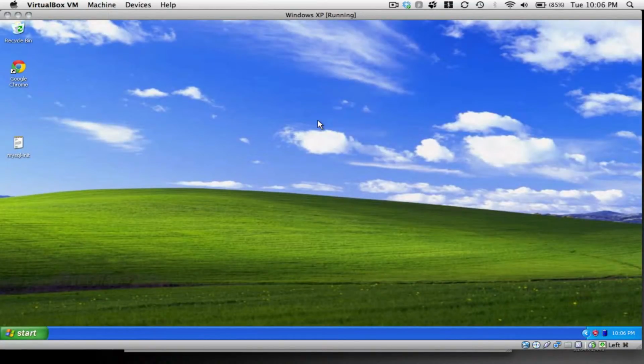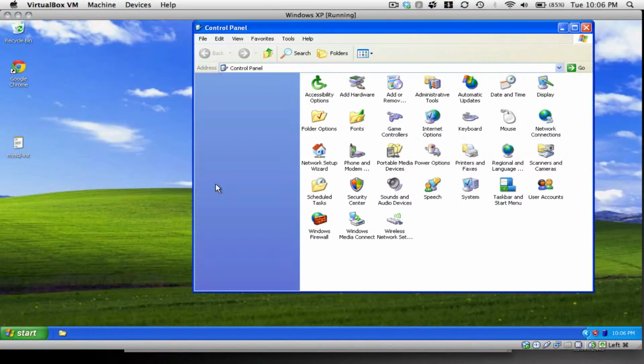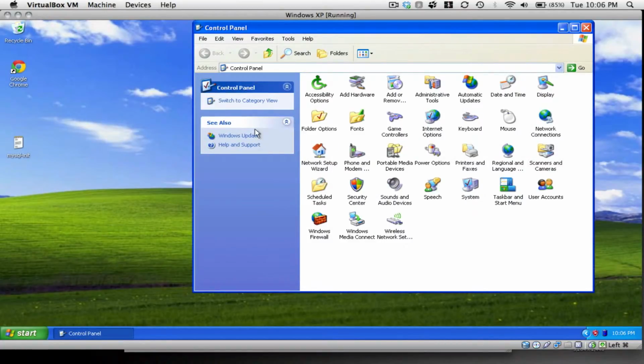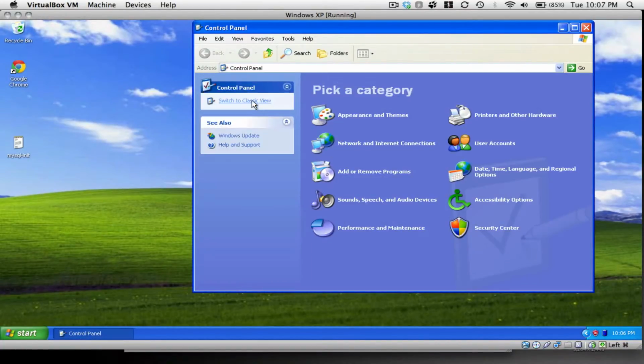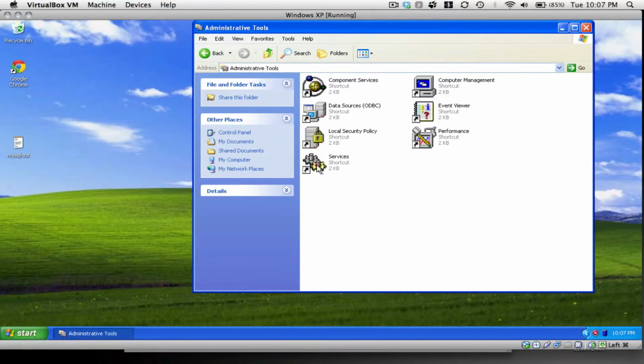In this video, I'm going to explain how to reset the MySQL root password in case you've forgotten it. So the first thing you're going to want to do is make sure that your MySQL server is not running. And we're going to do that by going to Control Panel, and if you're in Category View, switch to Classic View, go to Administrative Tools, Services,